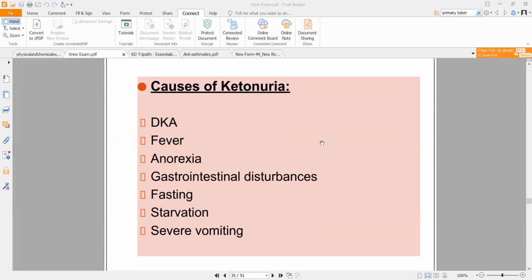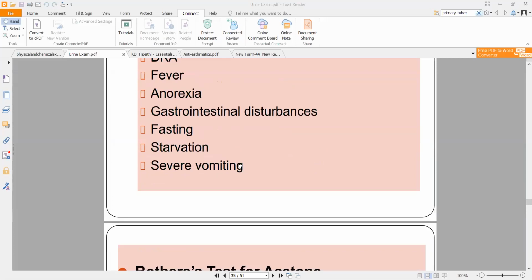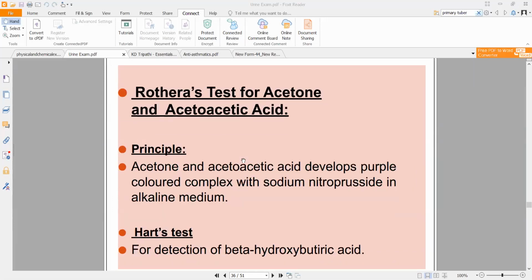When we were discussing the introduction to carbohydrates, we came across two types of sugars, ketoses and aldoses. If you remember, one had an aldehyde group, which was CHO, like glucose, right? And we came across ketoses as well, which had a C double bond O group, right? Now coming to how you test for that.